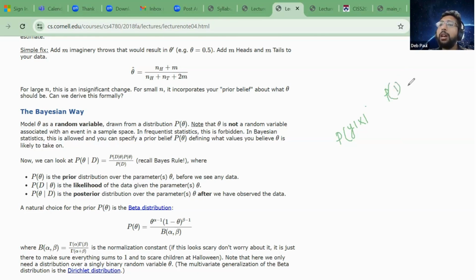I have the likelihood, and I have the prior, which I assume, and then I'm trying to compute the posterior from that, right? So I'm computing the posterior. This is not y given x; it's basically probability of y. So then I'm trying to calculate the posterior from these two values, and that is what my whole thesis is.